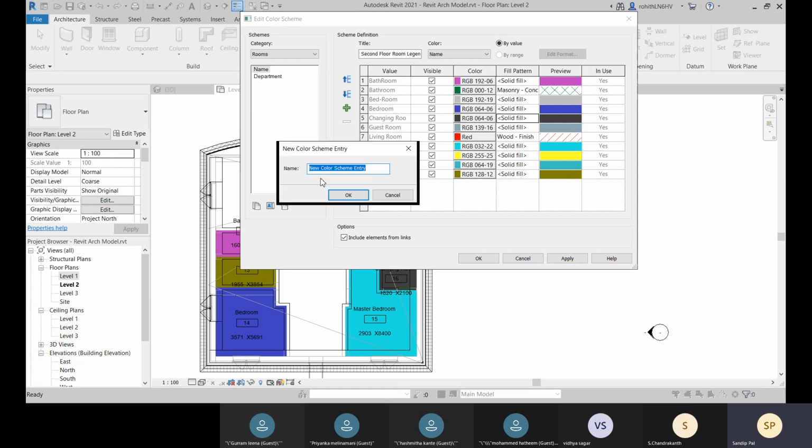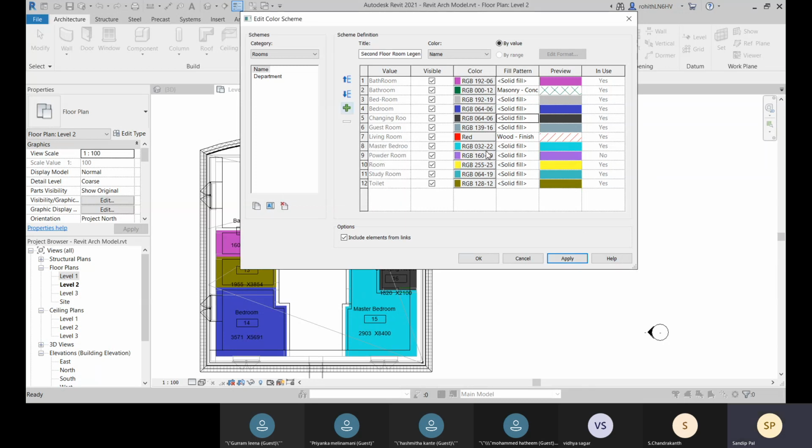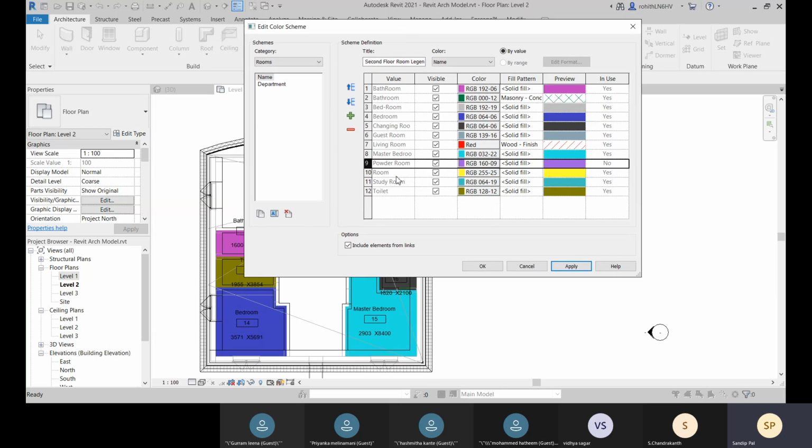Let me create a powder room and click on OK. Now you can see this is your powder room, but it is not in use. You have listed it within your color scheme, but you haven't applied the room tag, right? So that's why it is not in use.